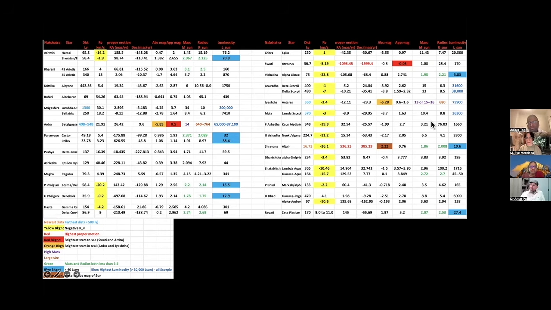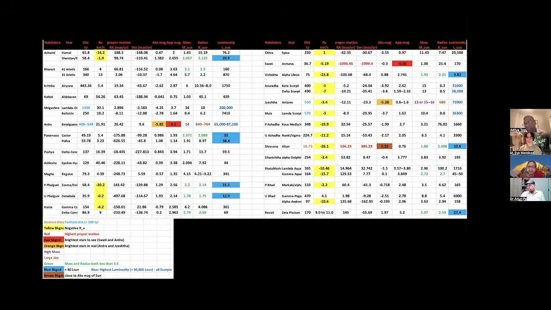Aditya, you did not cover the lowest brightness for the apparent magnitude, the faintest star. Is there anything like that? I did not do that right now. It looks like Bharani looks the lowest. If you take 35 Arietis, it is 4.64. 4.64 is the lowest, so Bharani is the lowest in apparent magnitude.